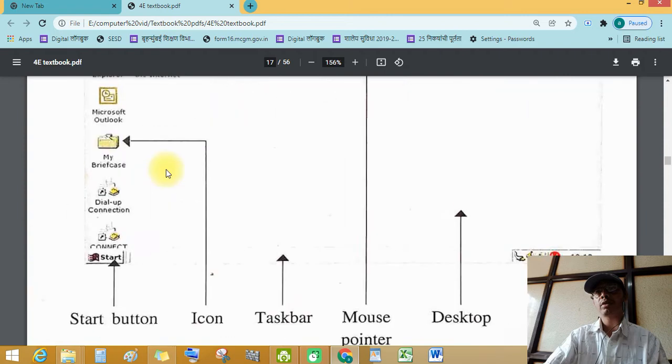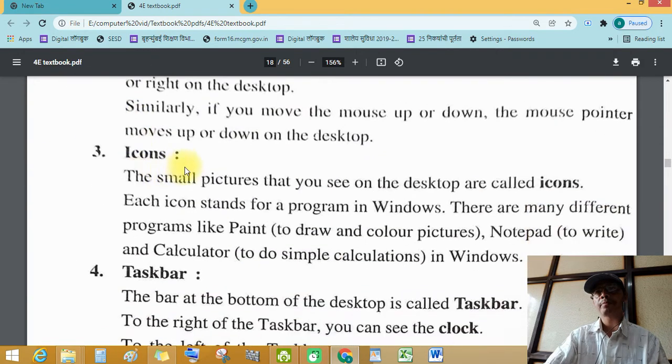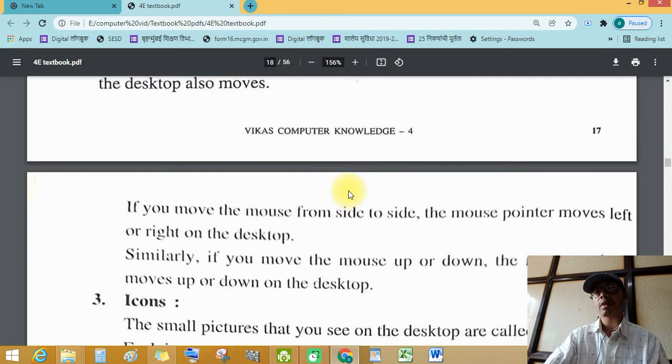See these small pictures on the desktop are called icons. Each icon stands for a program in Windows. There are many different programs like Paint to draw and color pictures, Notepad to write, and Calculator to do some simple calculations. See this.